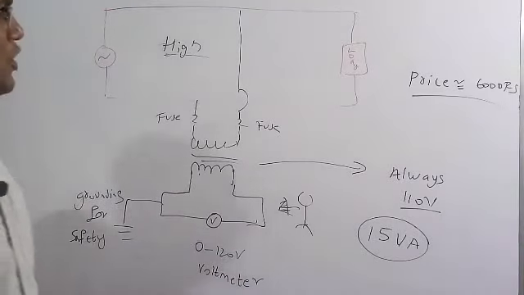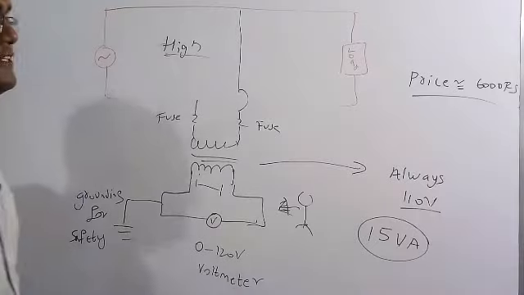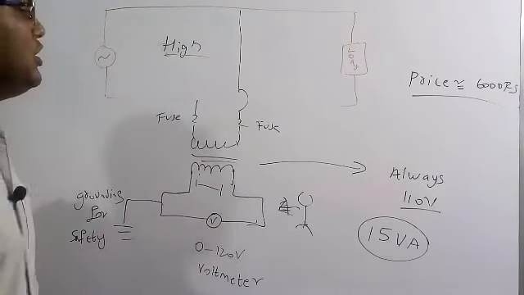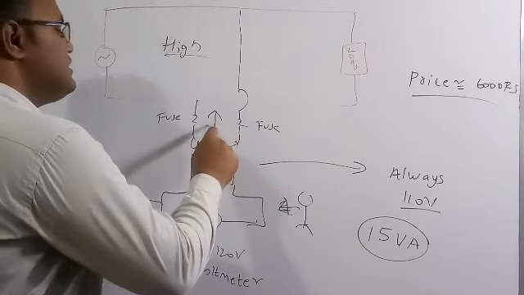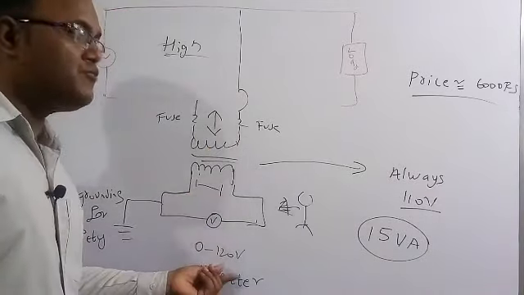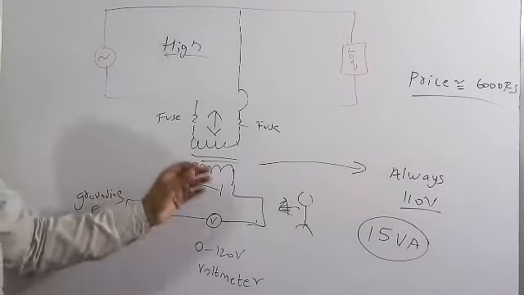So here the designer will design the secondary voltage in such a way that it will always be 110 volts, irrespective of the input voltage. No matter whatever the input voltage, the designer will design in such a fashion that it stays at 110 volts only, and is not going to exceed the voltmeter reading. That is the design procedure.